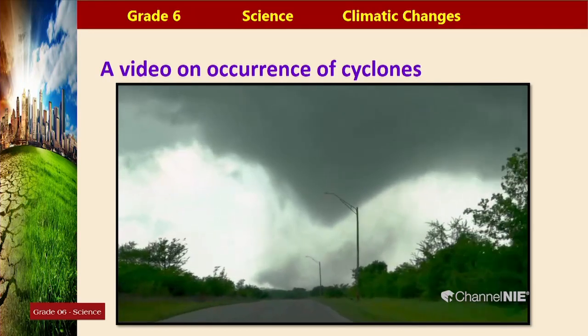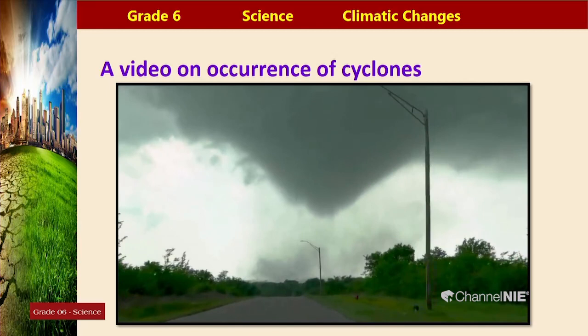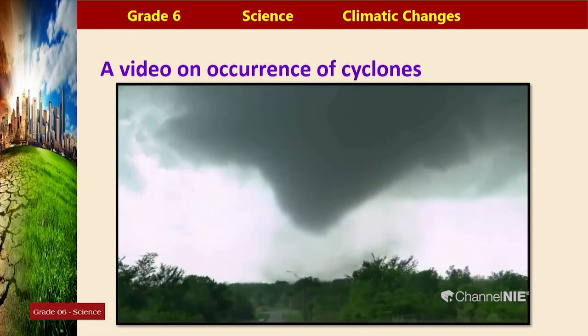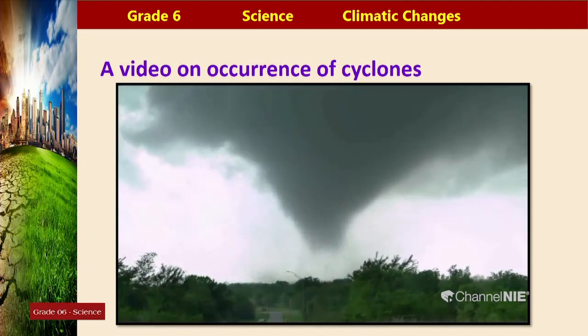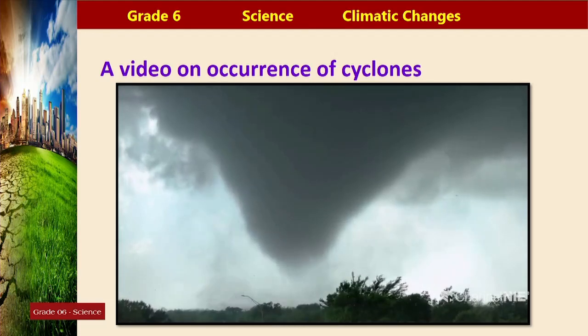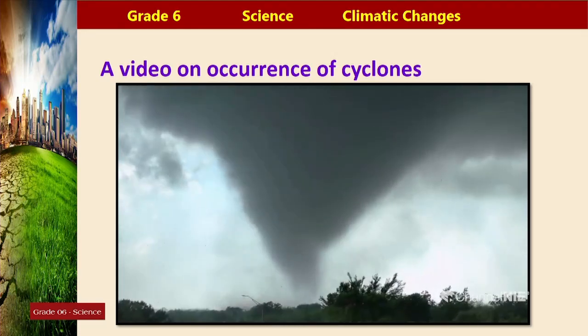This cyclone is called a tornado, a type of cyclone. Although in Sri Lanka we get tropical cyclones, a type of cyclone called tropical cyclone, this is a tornado, in which the impact is less. You can see how the air would whirl around a certain point. Air would rotate, moving things up and causing destruction.